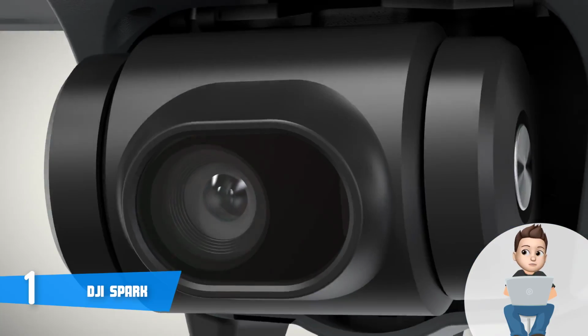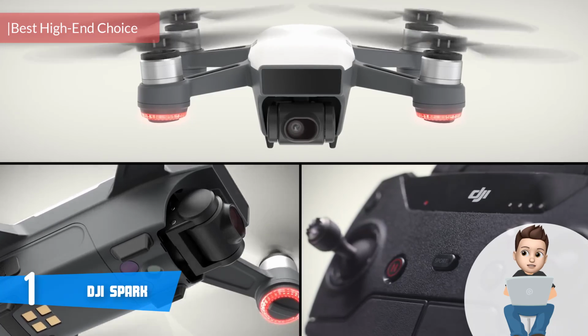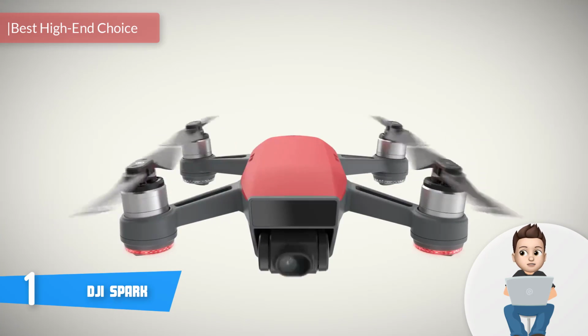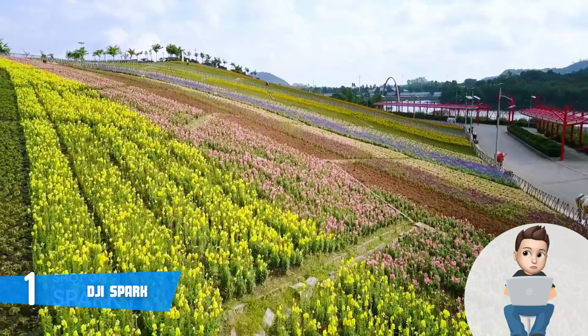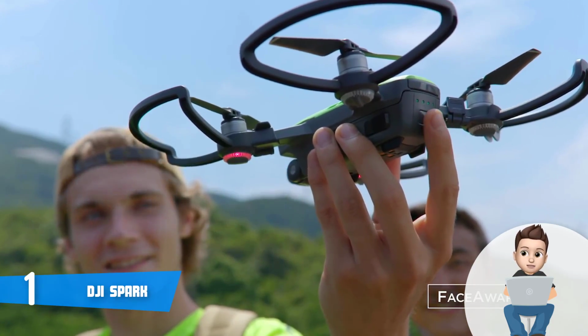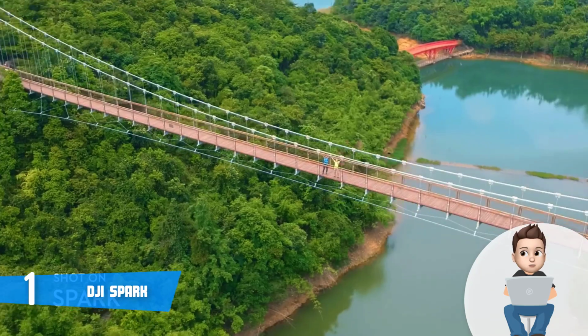And finally, at number 1, we have the DJI Spark. The DJI Spark is a high-end, portable mini drone that would be an extremely good option for you, especially if you want to invest in a fast and durable drone that will never disappoint you with its performance, so let's hear why. From a design perspective, this model has a luxurious, white and black lightweight construction that houses quality propellers